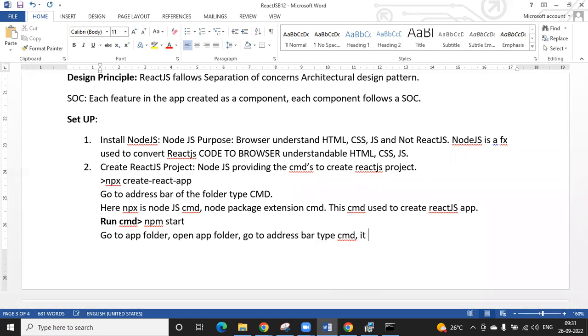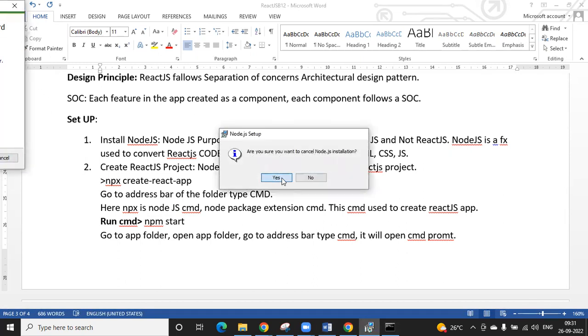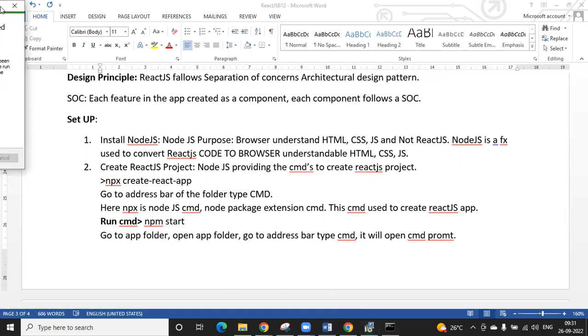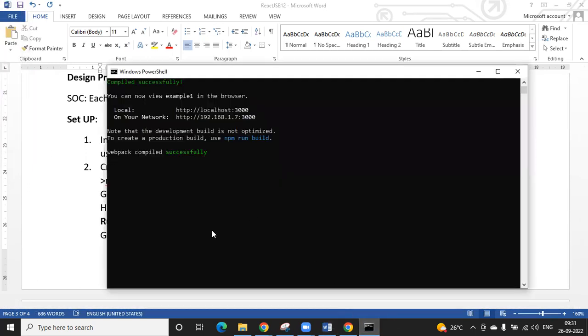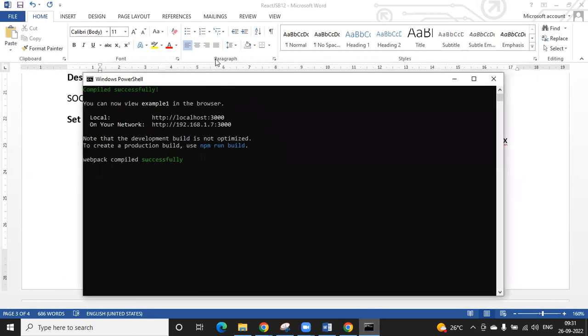It will open a command prompt. In the command prompt, you need to run npm start. Successfully. So see here. Once you run this, you can notice a particular port.